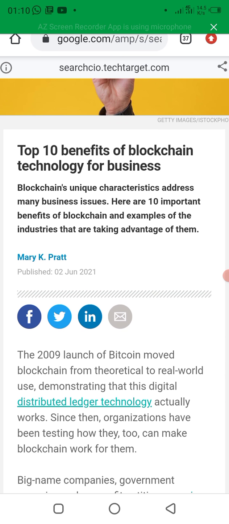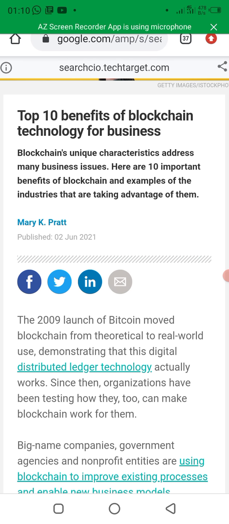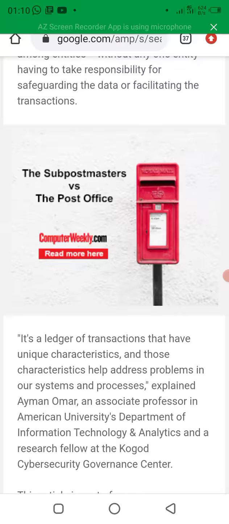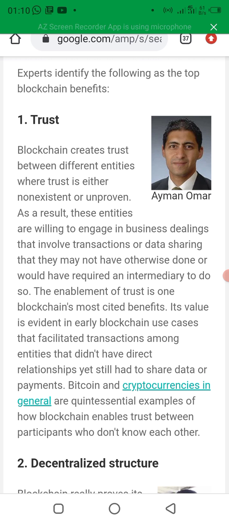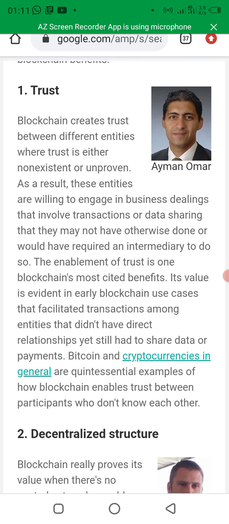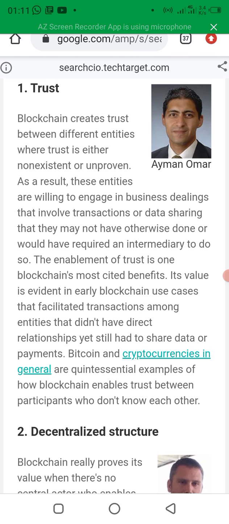I've searched before and I found this site that talks about the top 10 benefits of blockchain technology for business. I like this one, and that's why I kept it here. I'm not going to read the details. You can go through the details yourself, but I've gone through everything, and I just want to give you the summary, based on what we have learned about the roots, the bedrock or the foundation of blockchain. So the first benefit here is that there is trust for